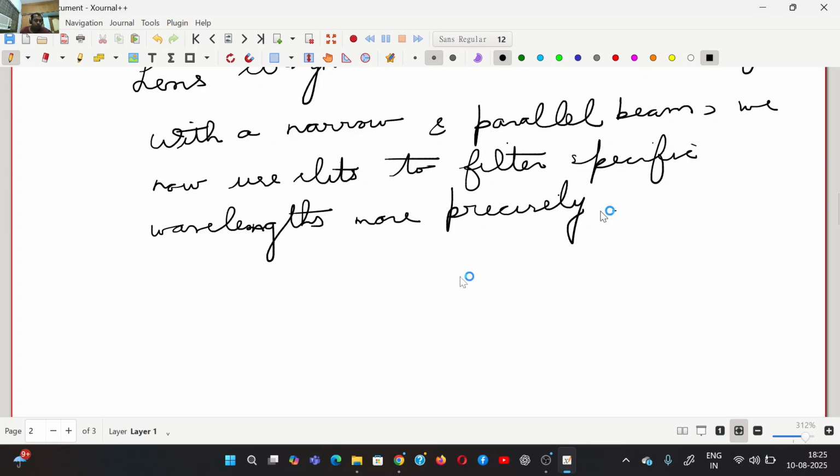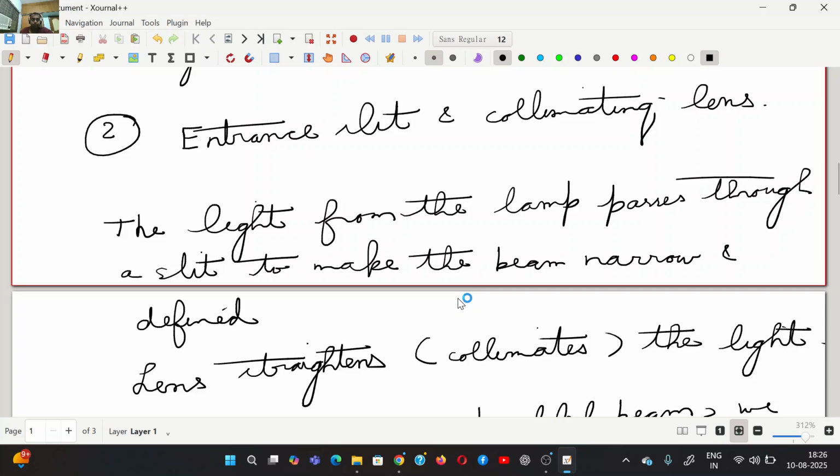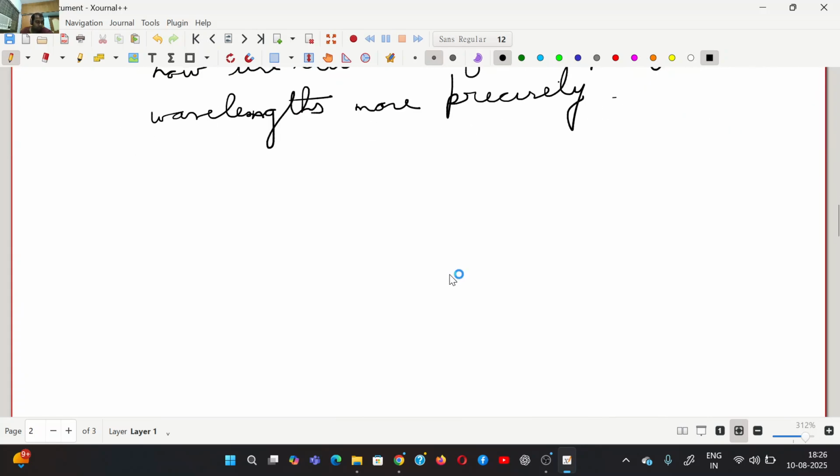Okay. So there is something called a monochromator in an instrument which contains slits. They allow only a very narrow band of wavelength to pass through. So the narrower the slit, higher the resolution, but less the light. Wider slit means more light but lesser resolution. So our goal is to match the slit's width to the element's absorption line's width. So third part,